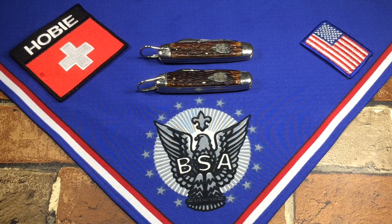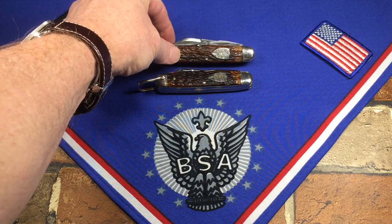Ulster was one of the oldest U.S. knife companies. They were founded by cutlers from Sheffield, England in 1872. About 4 years later, in 1876, they were acquired by Dwight Devine and Sons. Bought by Albert and Henry Bear in 1941, and then ultimately bought again by Imperial Knife Company of Providence, Rhode Island in 1947. But Ulster started making Boy Scout knives in 1923, so this is the new knife that I